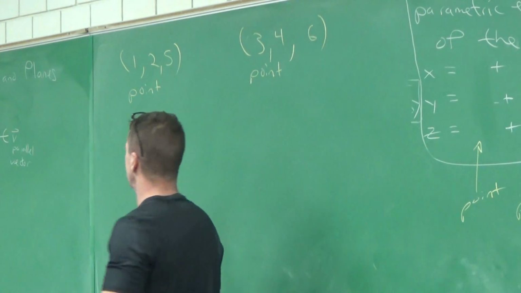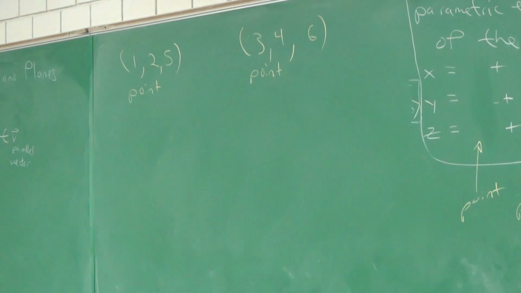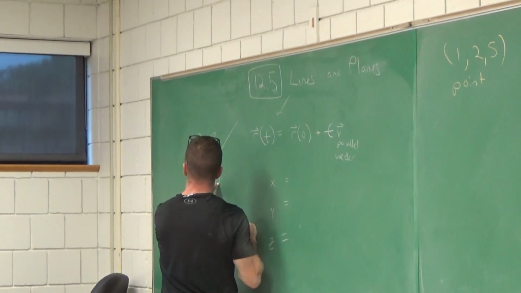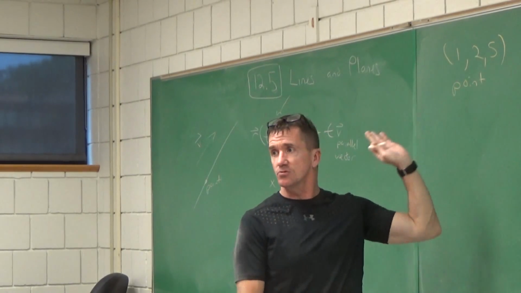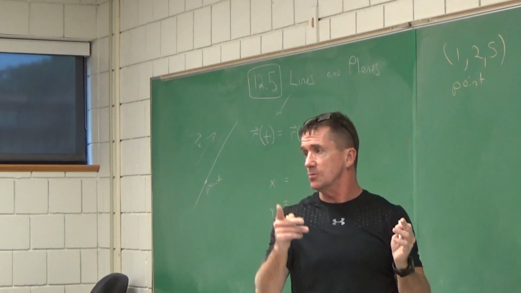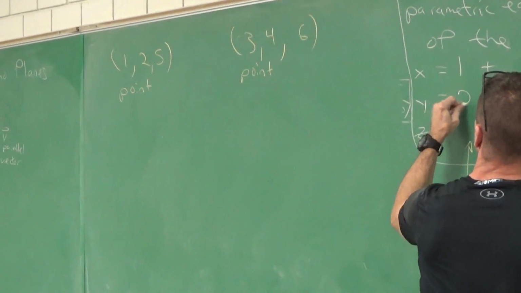So once again, what do I need when it comes to lines? I need a point, right? Point and a vector. And what kind of vector do I need? Parallel. So that's the challenge in this problem. So we're going to need you to brainstorm. I need a point on a line. Gosh, we got 2 of them, right? I always pick the first one. Is everyone okay with that? I always do. Up through chapter 16, they give you 2 points. Let's pick the first one. All right, 1, 2, 5.